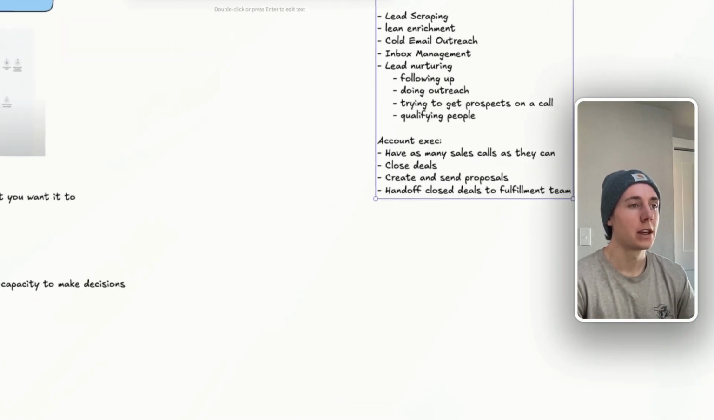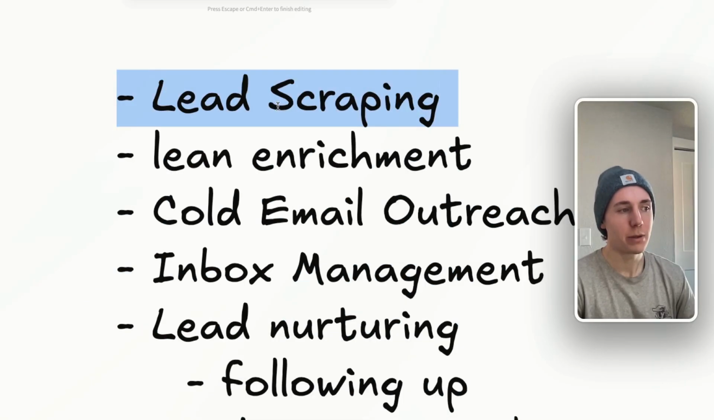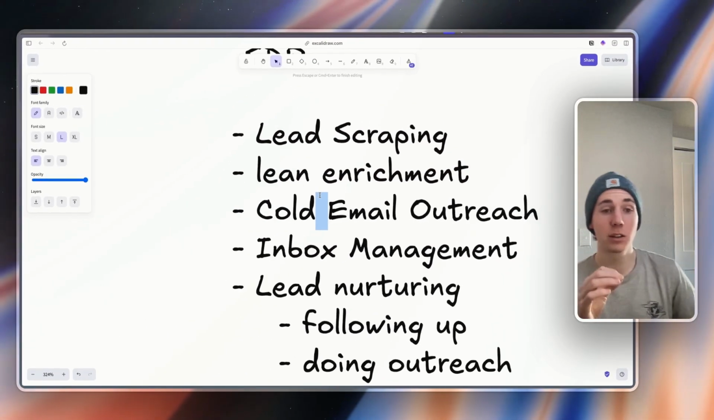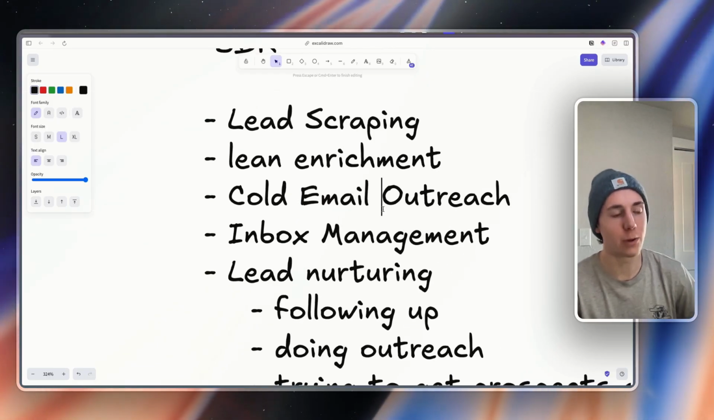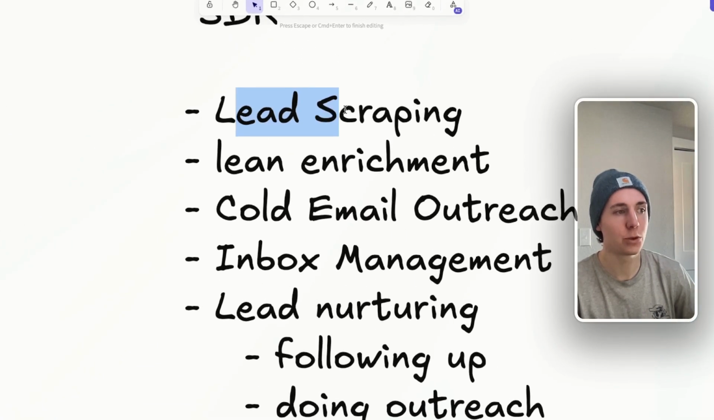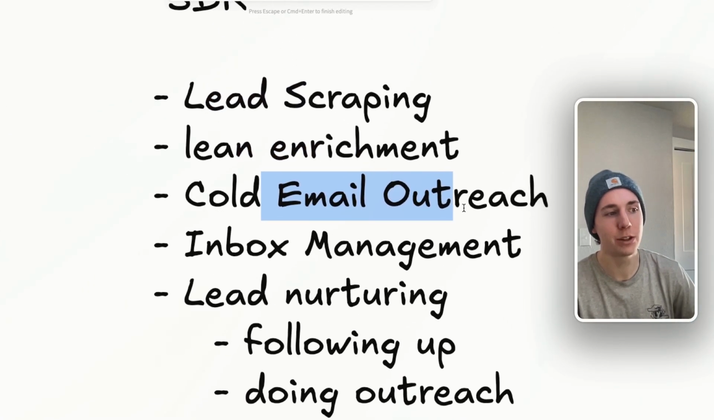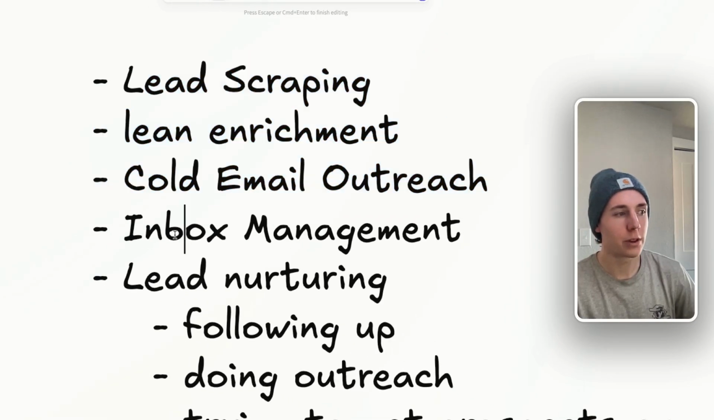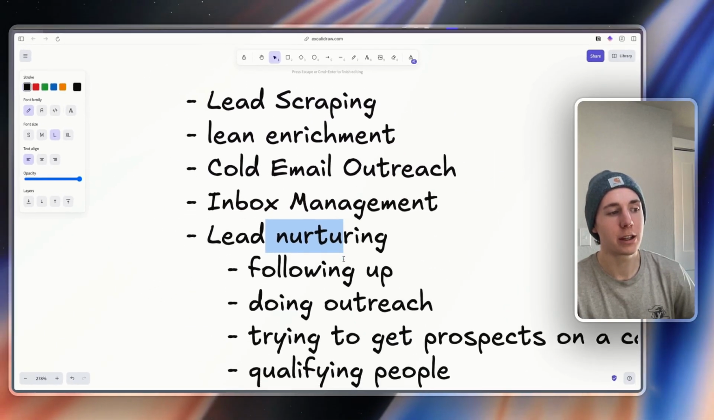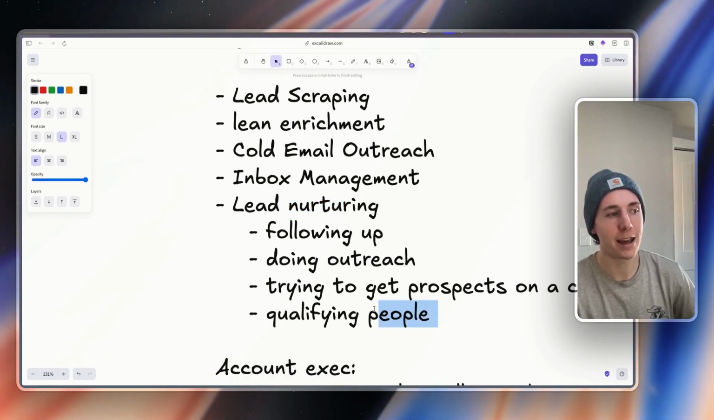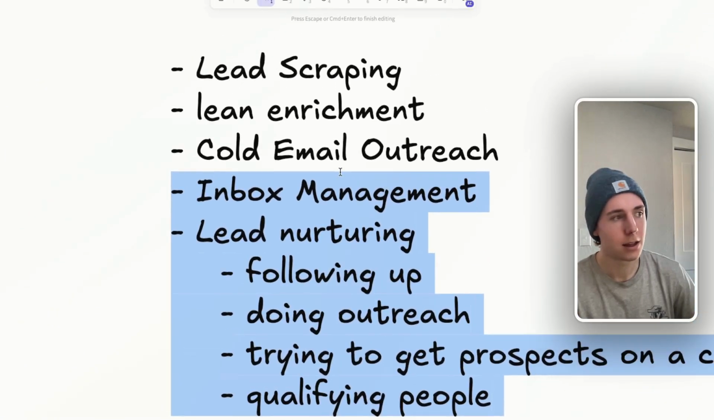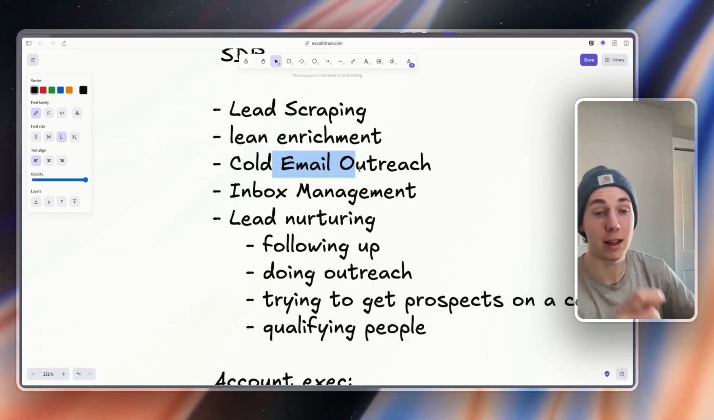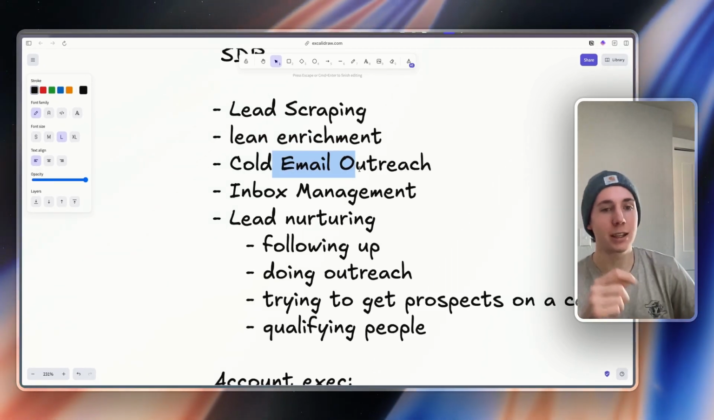team would do. Now, when we think about lead scraping, lead enrichment, there's many different ways to go about this. Personally, I think that as of right now, the actual scraping and enrichment and outreach is actually best done through workflows. So when we're thinking about inbox management and nurturing, getting people on a call, this is when the AI agent comes in handy. When we're thinking about scraping, lead enrichment, cold email outreach, this is kind of what I talked about in some of my last videos, where we essentially talk about